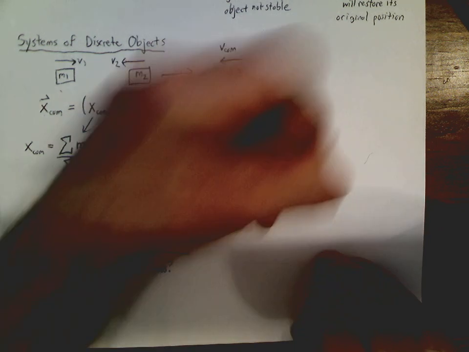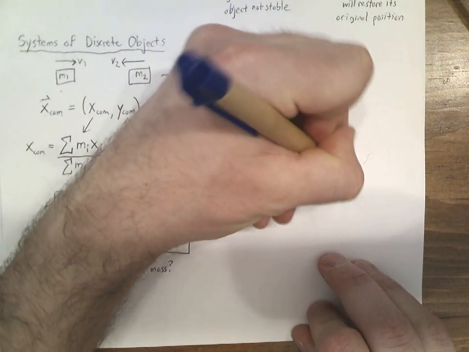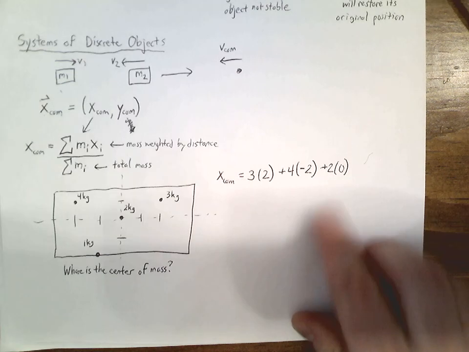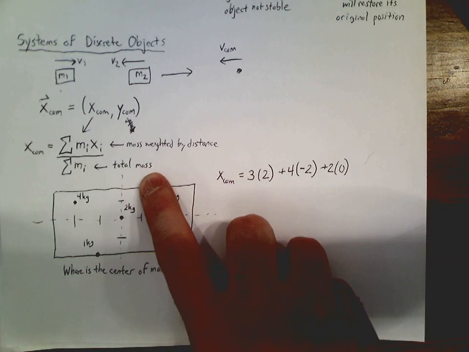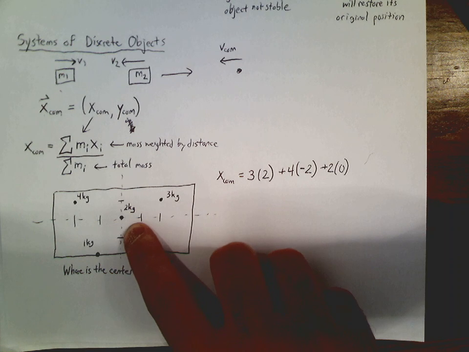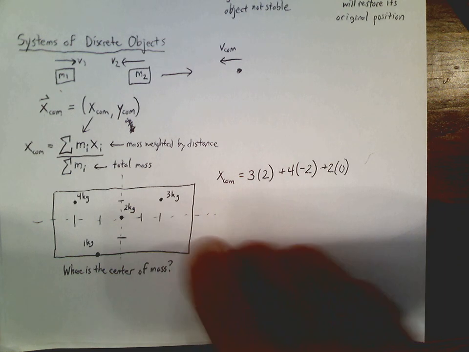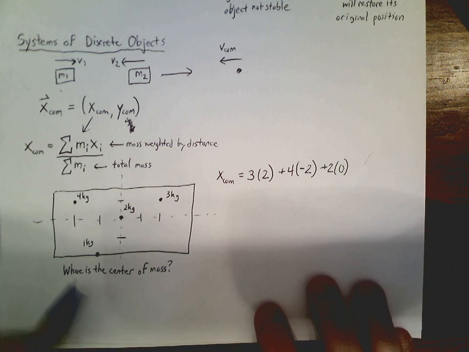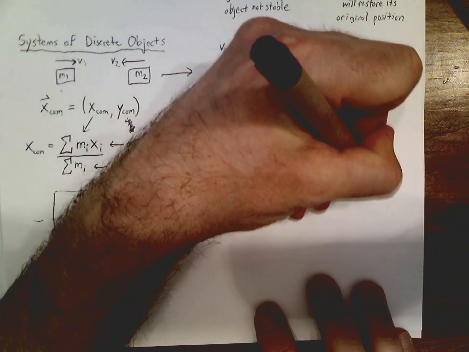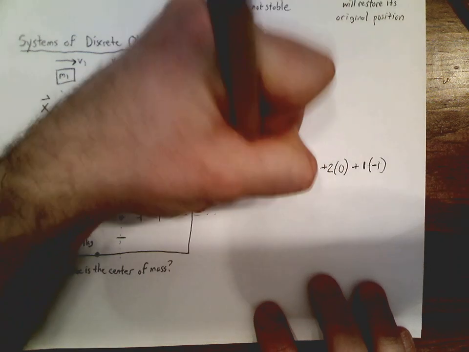Our 2 kilogram object is directly at the center, so we put its coordinate at 0. It does not contribute to the numerator, but it does contribute to the overall mass. So a really heavy object at the center might not shift the coordinate one way or the other, but it does kind of draw it in by weighting it down below. And then finally, our 1 kilogram object is 1 unit to the left, and we would do 1 times -1